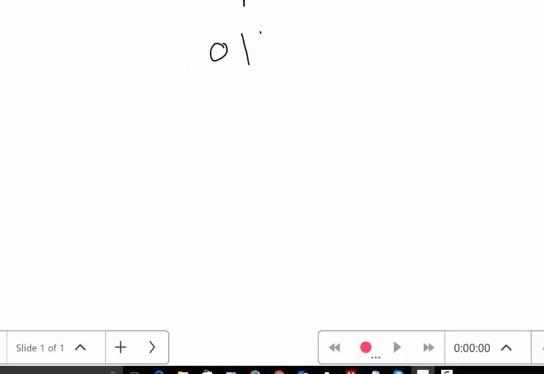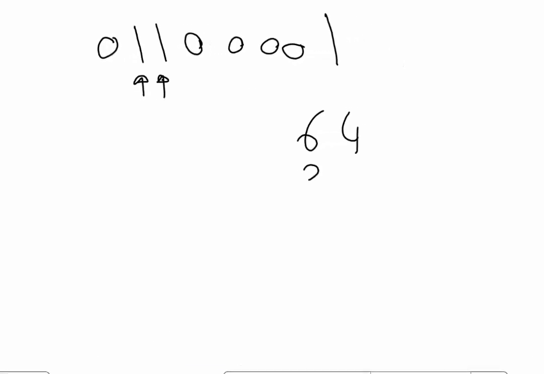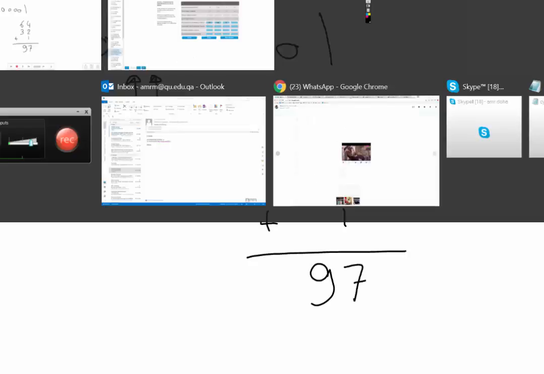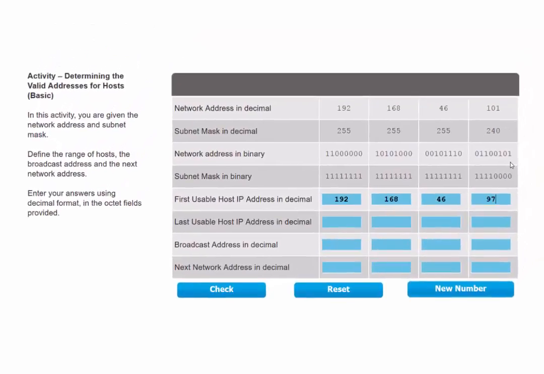So this is 0, 1, 1, 0, and then 0, 0, 0, 1. So this will give us 64, 32 plus 1. So 64, 32 plus 1. So this is 97. Okay. The last usable address will be, again, to set